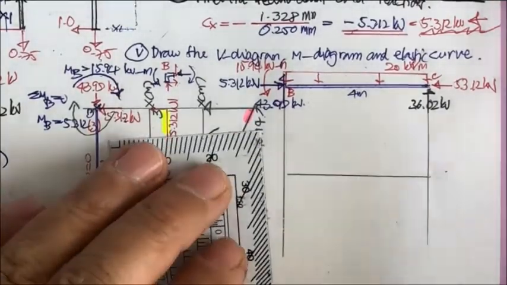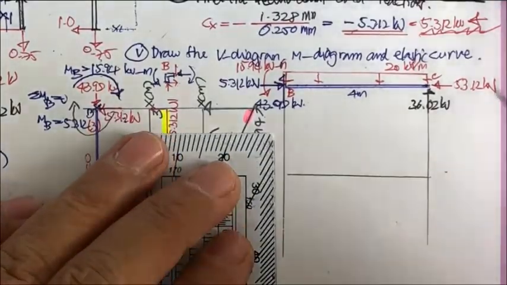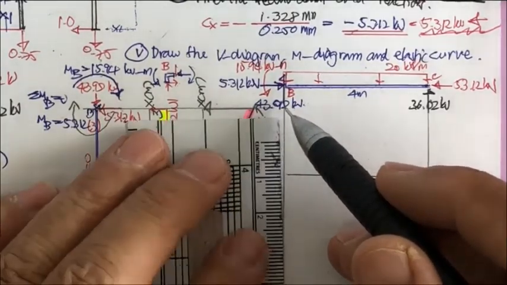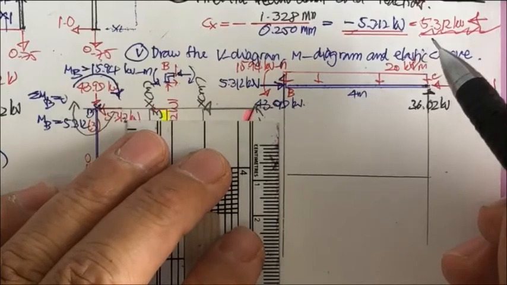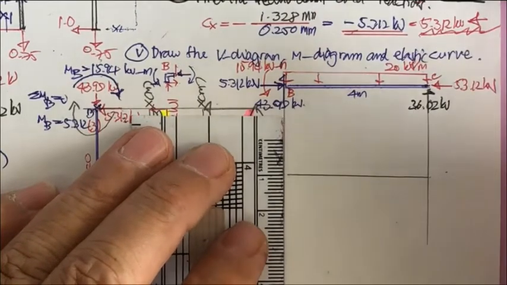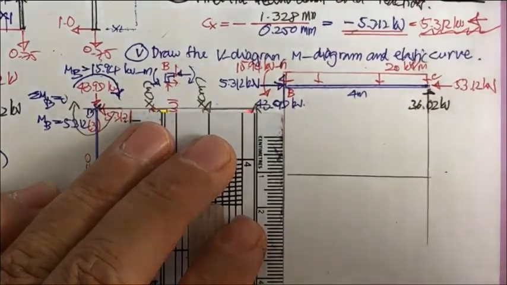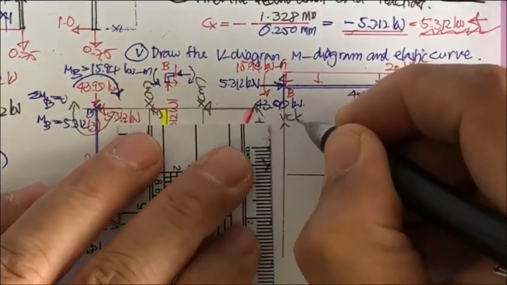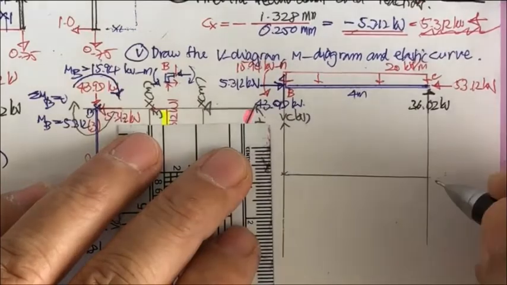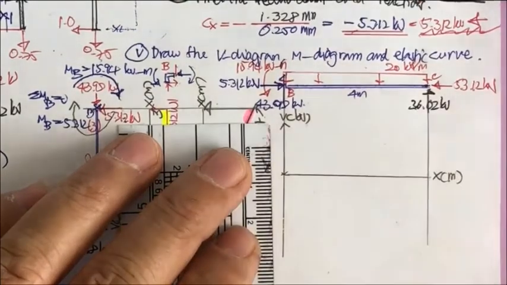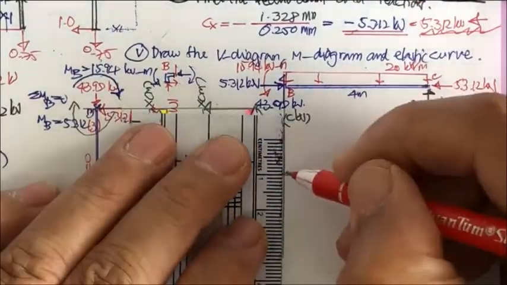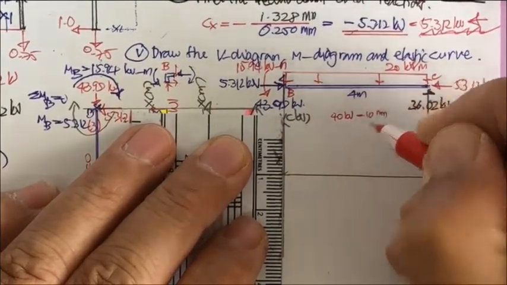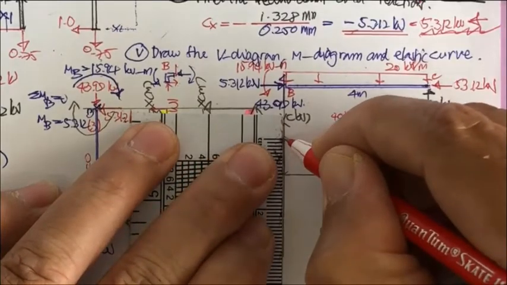Let's do another scale. Let's put this one 20 for 1 centimeter. That is still a lot. This is going to be 40. Okay, let's see. 40. This is going to be the shear in kilonewton. And this one x meter. What we have is about 40 kilonewton for 10 millimeter. So this is a little bit larger than